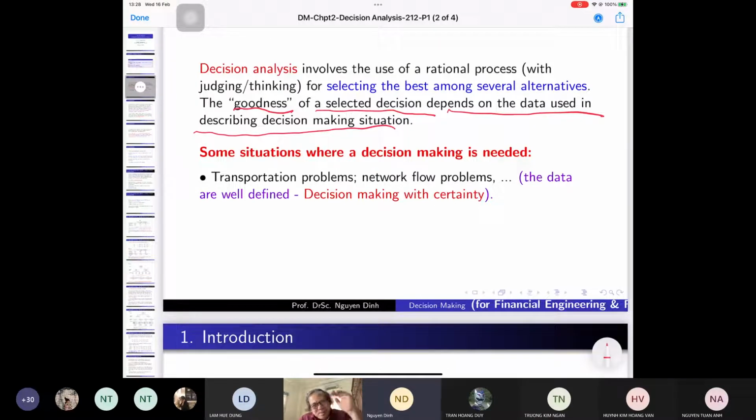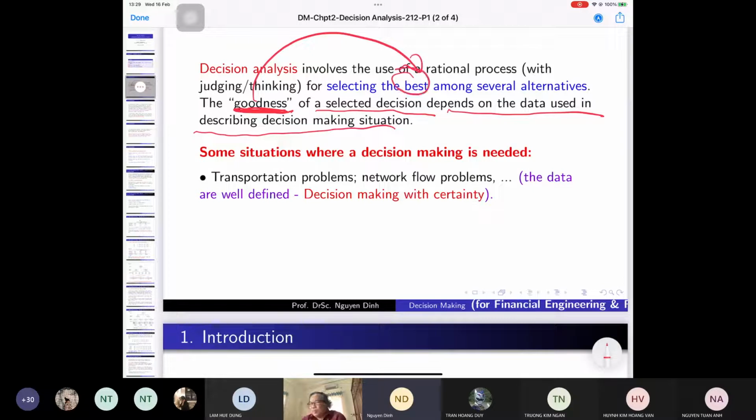So this is called optimal. The best, really best. But in our case, in decision analysis, best means best, but not the maximum. If you look at it this way, this is best. If you look in another way, this is best, not this one. Here there are some words to explain clearly what the goodness in the best is.